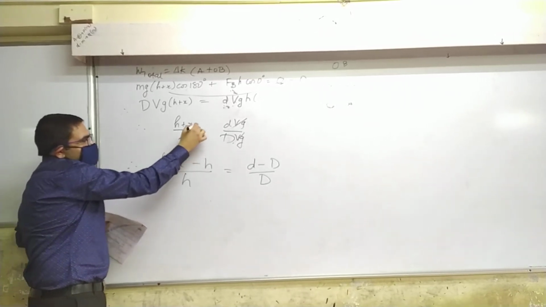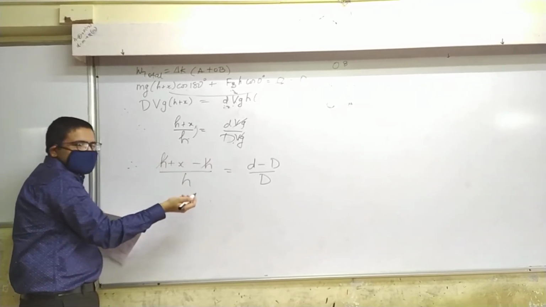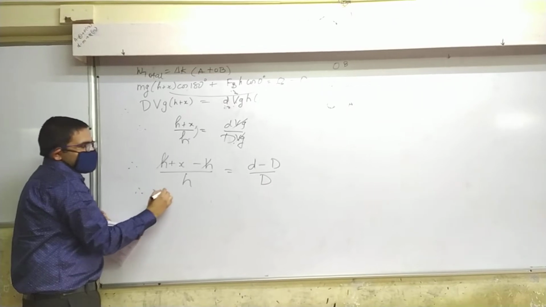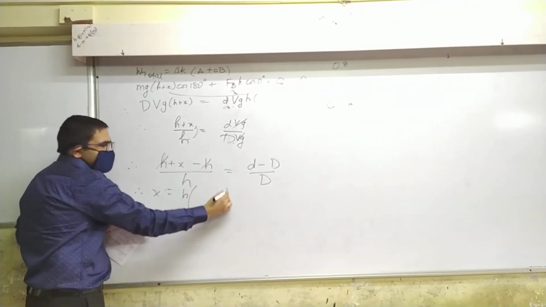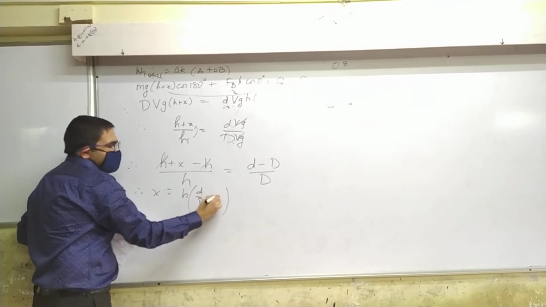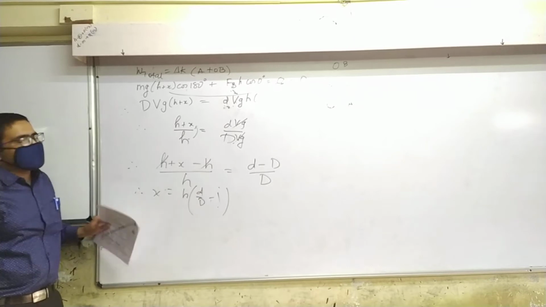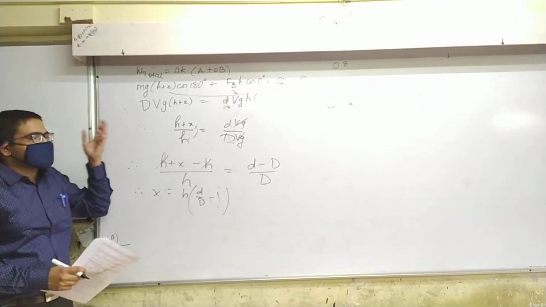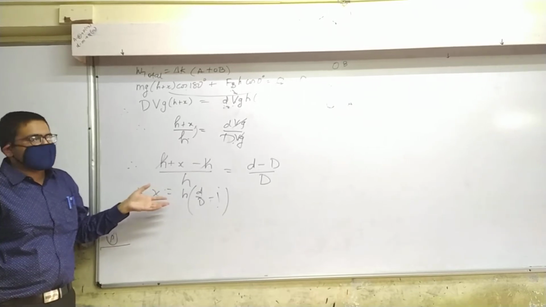So what have we done? We are subtracting this here, right? This way if you do it, see, it is cancelled, and finally you can just multiply that x on that side. So you get x is equal to h bracket d by (D minus d) ... Understood? Right? Not that the normal way is tough or anything, but I think this is very easy to do mentally.